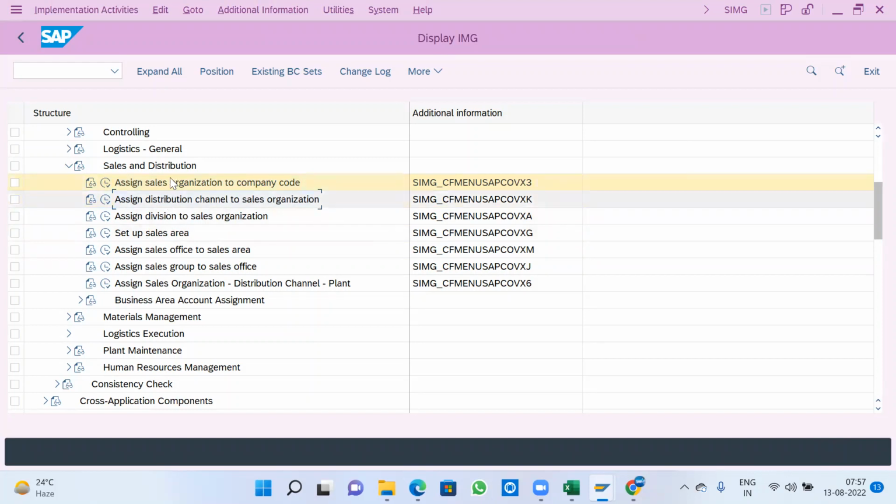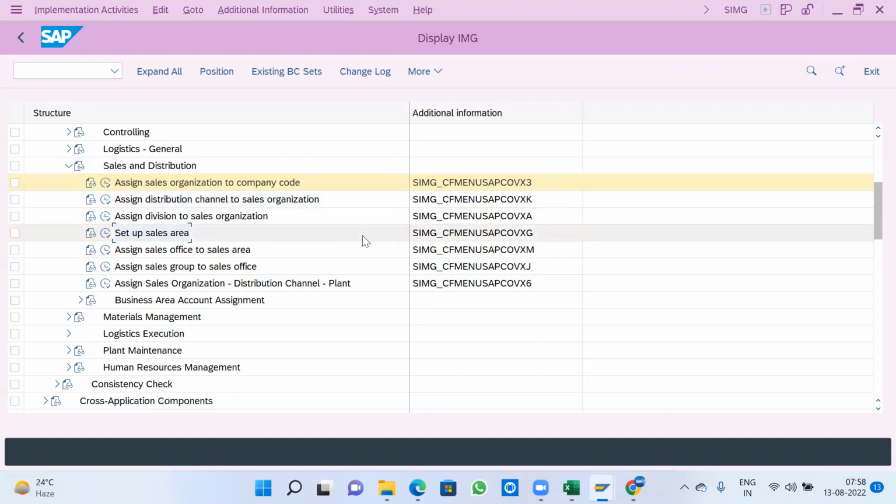This configuration is a linking. Then if I do assign distribution, next is setup sales area, so these three configurations need to be done. After that only this TR needs to be generated. Setup sales area means sales organization plus distribution channel plus division form a sales area. But without these two TRs